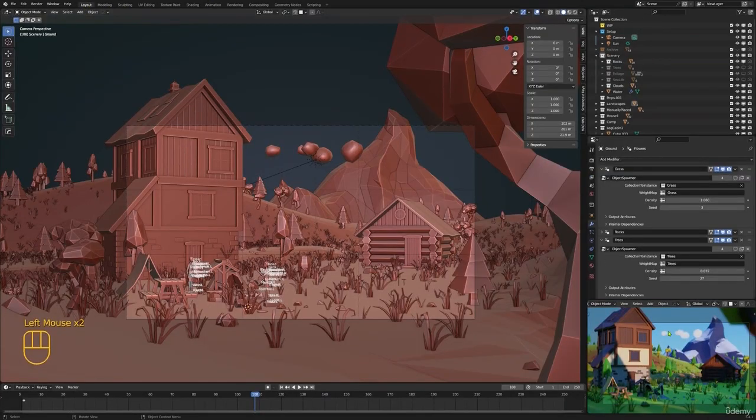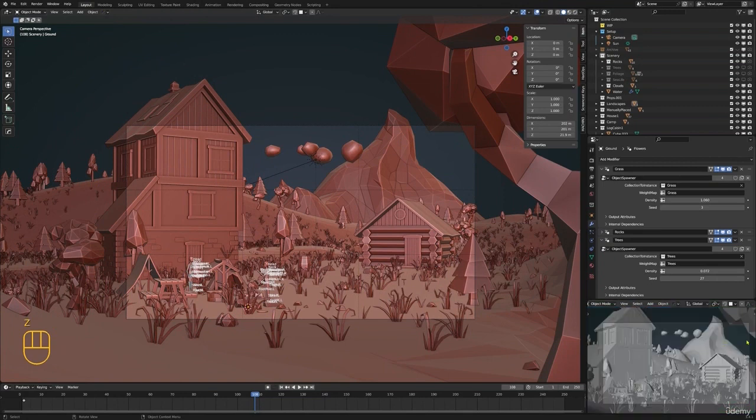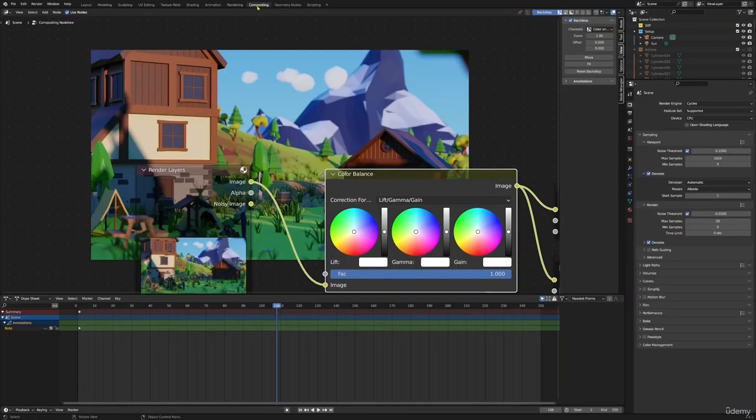And now if we remember these settings, it looks like it's slowing down. Yeah, it's probably because we've got this render open. I might be wrong about this. But either way, let's just put this into solid view for now. And in the compositor,